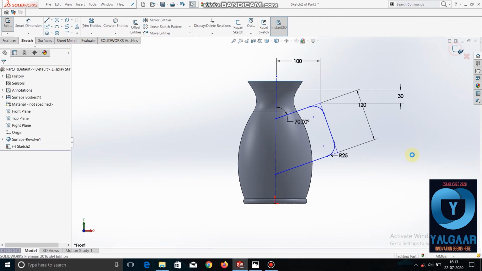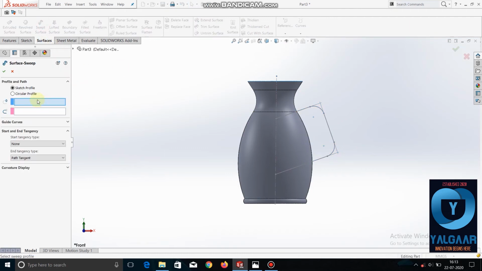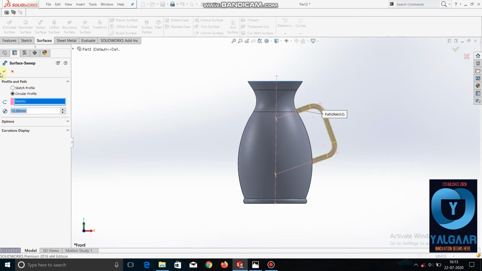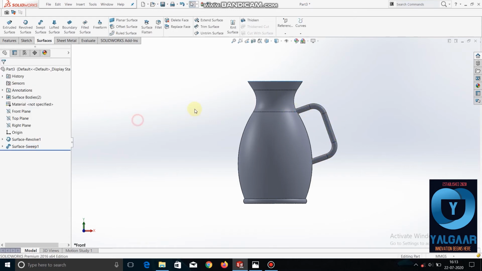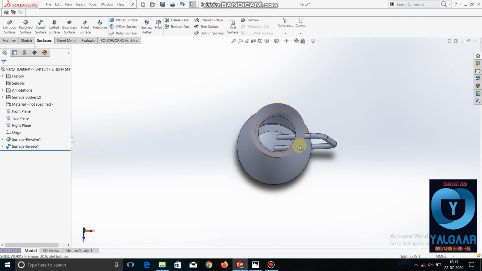So it's done here, and now we will select the swept surface, construct a circular profile of 12 mm and select this profile here. Okay, so the surface is done, but you can see here it's going inside the jug, so we have to cancel out these two ends.